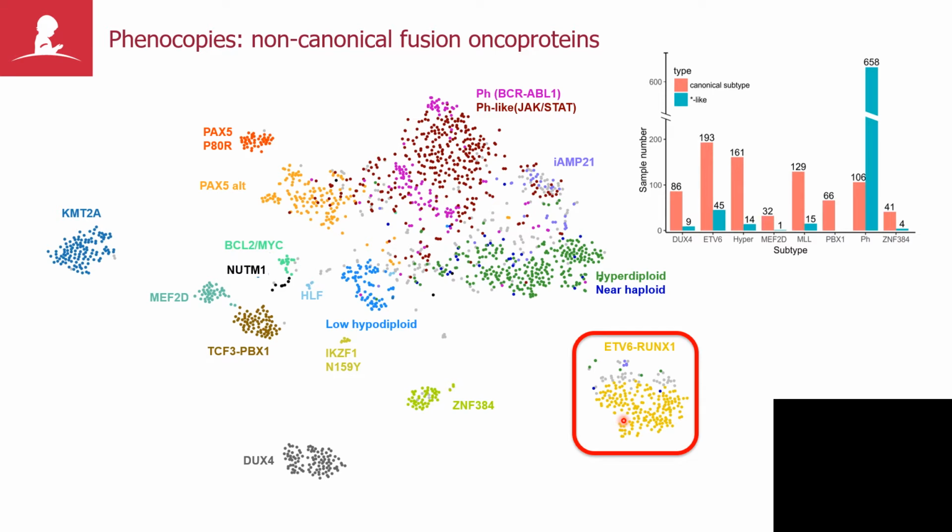This is a phenomenon that's seen broadly to greater or lesser degree, with most subtypes having a proportion of cases that are simulating the canonical subtype of leukemia. The most striking of which is PH-like leukemia that outnumbers PH-positive leukemia, at least in children, by several fold, but we see this less frequently in the other subtypes of leukemia.